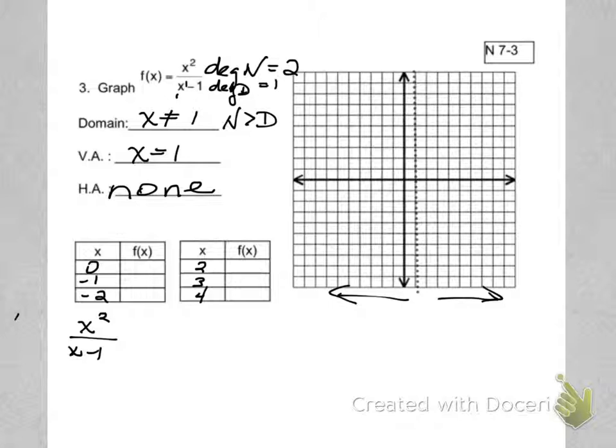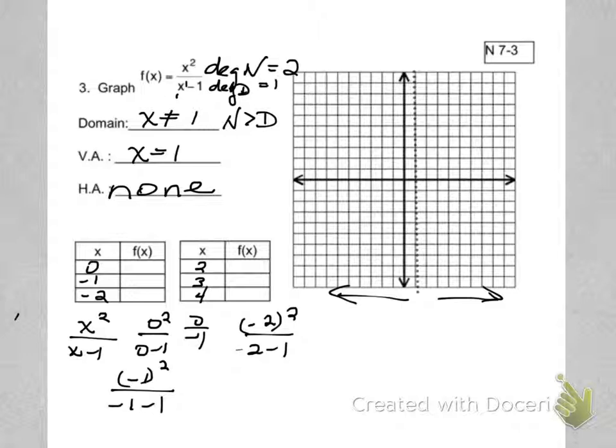So we'll have 0 squared over 0 minus 1, -1 squared over -1 minus 1, and -2 squared over -2 minus 1, which would be 0 over -1, or 0,